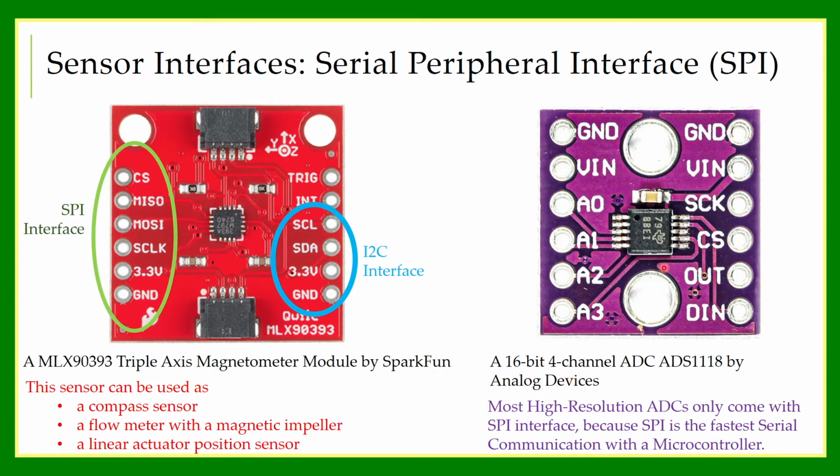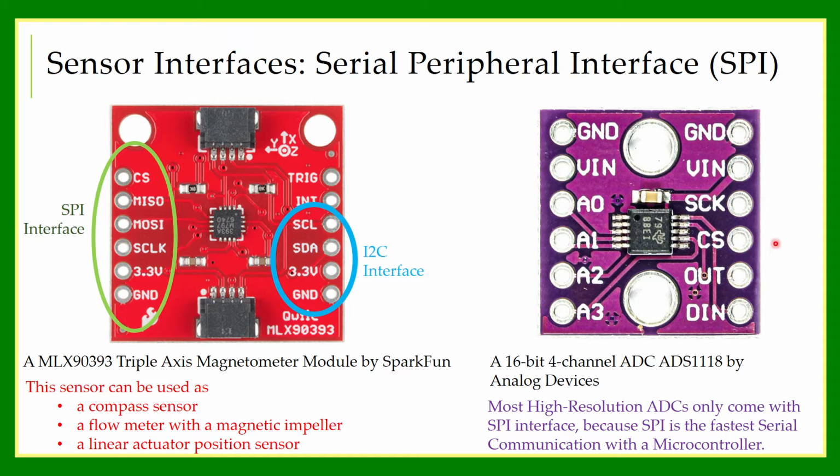Then on the right you can see another ADC, but in this case this is a 16-bit ADC, so it is a very high resolution ADC. High resolution ADCs are needed when you are measuring a very low voltage range. The DIN pin connects to the MOSI, the DOUT pin connects to the MISO, the master in slave out, and the SCK connects to the serial clock of the master SPI device.